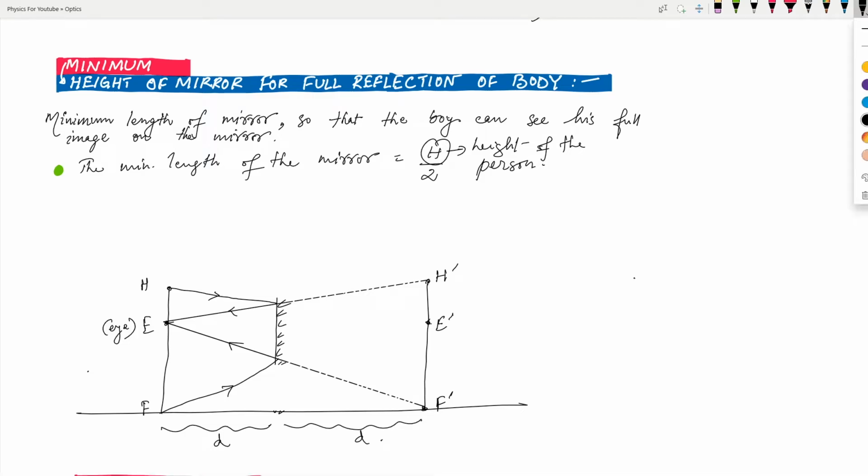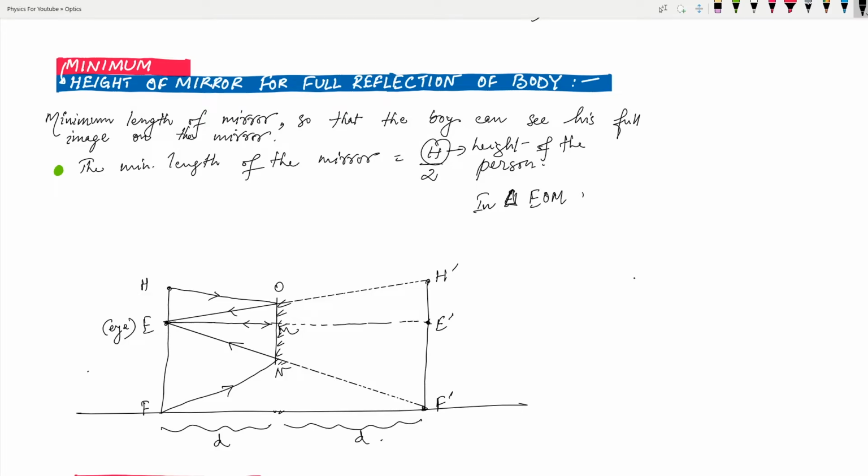So let's find that out. We need to find out this height, that is the required height of the mirror. So what we will do is take another ray, and after reflection it will retrace back and go there. It will seem that it is coming from that part of the image. Once this is clear, now let's name these points. Now we'll take this triangle. I hope this is clear. We'll take this triangle and examine it. If we take the triangle, we will see that in that big triangle there are two triangles, triangle E